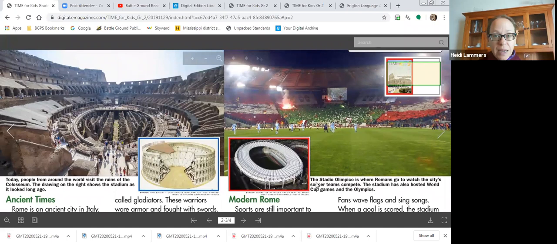I'll read this caption. The Stadio Olimpico is where Romans go to watch the city's soccer teams compete. The stadium has also hosted World Cup games and the Olympics. So you might be thinking to yourself, if you know what World Cup is or the Olympics, this is more detail here. We can see that they're playing soccer, but people have also played